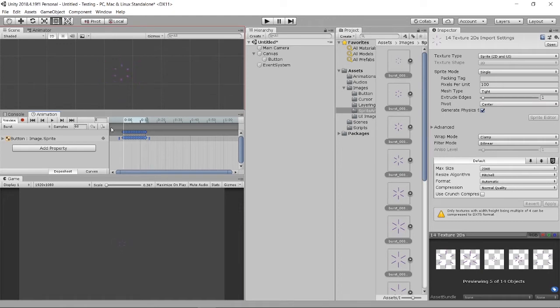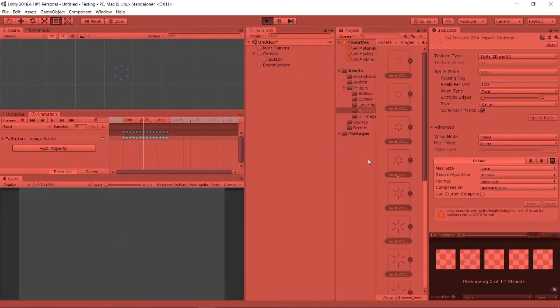Nice. Let's say I feel this is too fast, you can always change this frames per second. Now it's 60. Maybe you can change to probably 30. Then this timeline will be stretched out. Now looking good. Now if I play this from Unity,